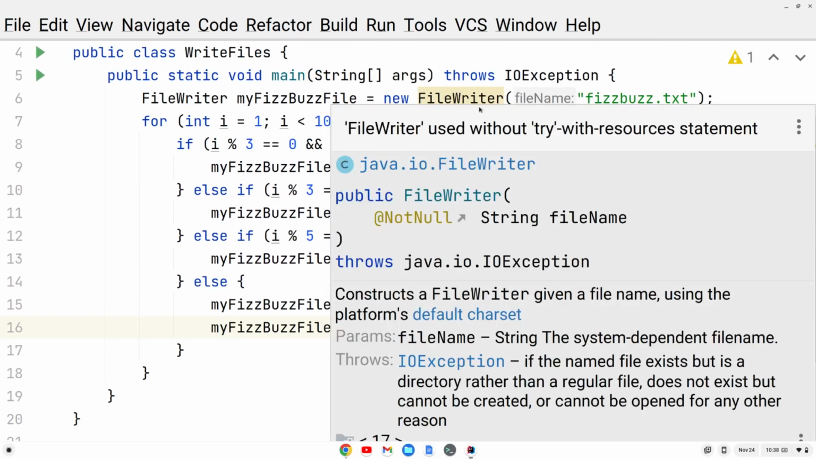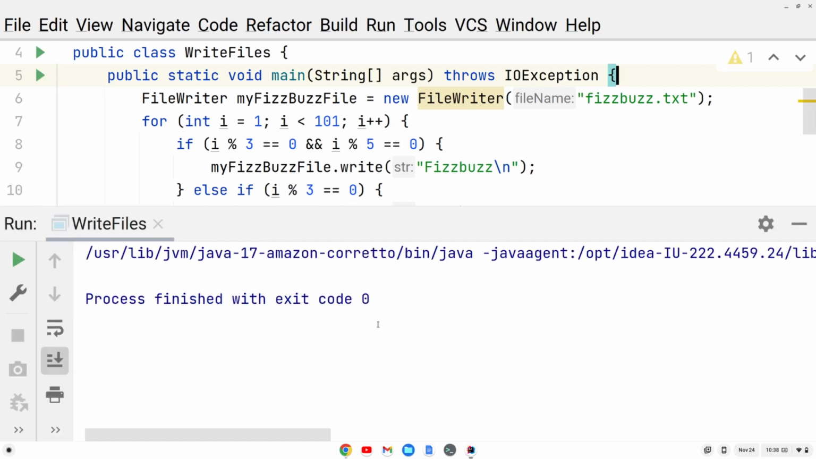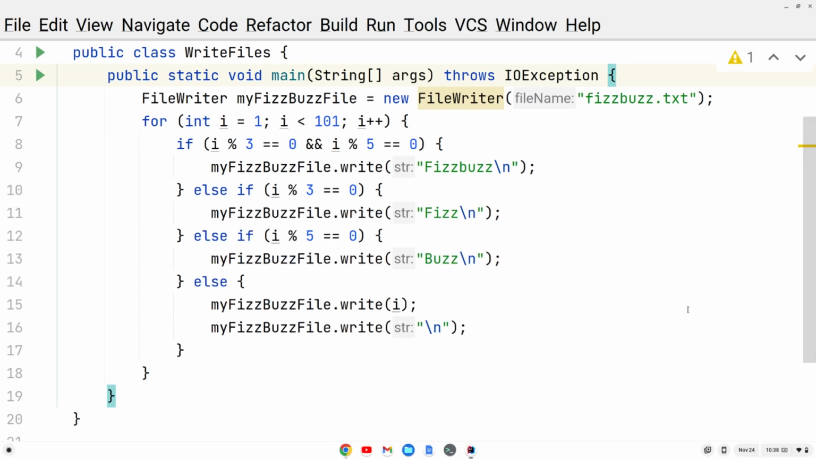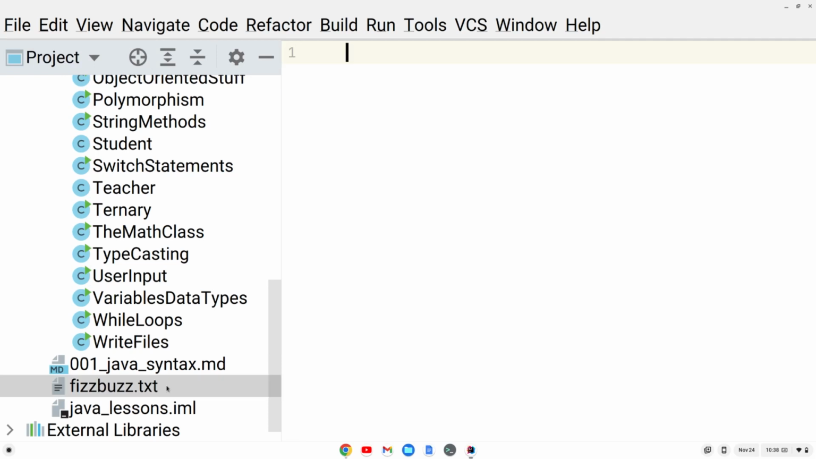We're getting some kind of warning here. Oh, we don't have a try. So yeah, I think we have to cover exceptions as well. So let me cover exceptions in a moment. But anyway, so let's run this. And we see we finished with exit code 0. Now, it seems like nothing outputted, but if we go down here, we see we got this fizzbuzz.txt, and if we click on it,